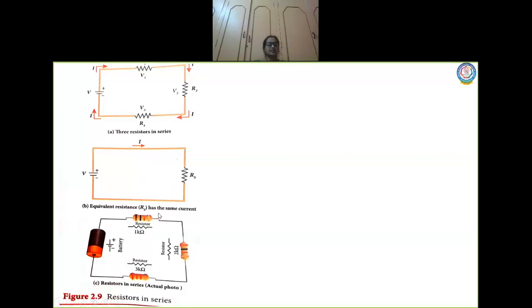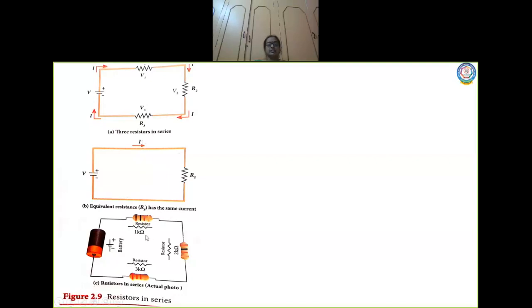And the third diagram is how a resistor looks. We are going to learn about this in the next topic, where we are going to learn about carbon resistors. This is how a resistor looks with the color combinations. Here some color configurations are there. How you should find out the value of this resistance is going to be discussed in the next topic, children. Right now, this is how a resistor looks. This is the actual photo, the original diagram.